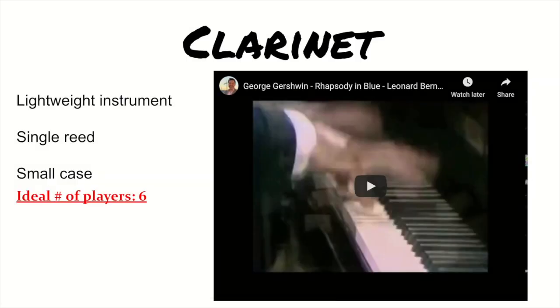So that is the clarinet. It is a very lightweight instrument. Even though it looks like it's a long instrument, it does come apart into smaller sections, which then get put away into a small case. It uses a single reed, and these single reeds are not as expensive as, like I mentioned, the bassoon,